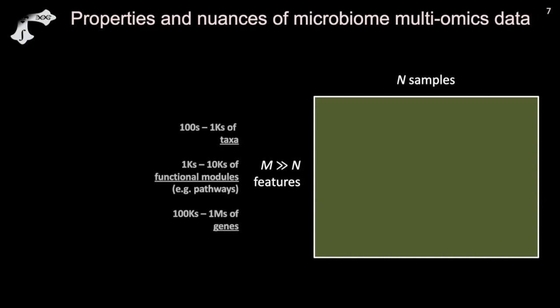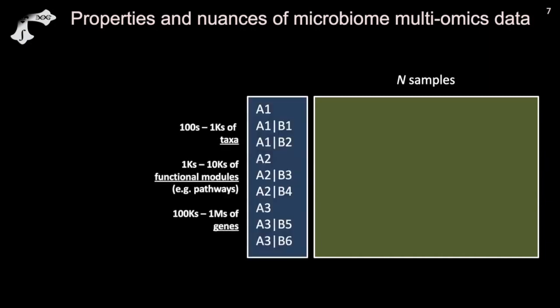So there are certain qualities that microbiome data share with other modalities or other omics data. But in microbiome, one interesting part is that there is a hierarchical nature in the features because of the phylogenetic relationships. But depending on what data layer we are talking about, as if we are talking about